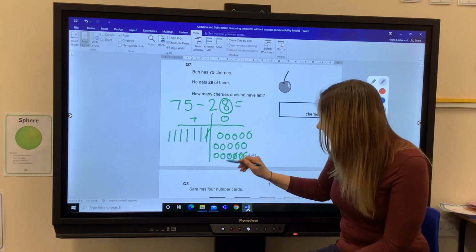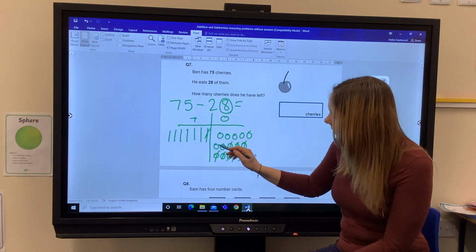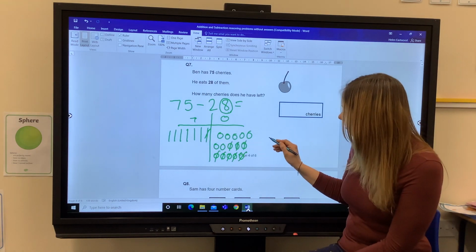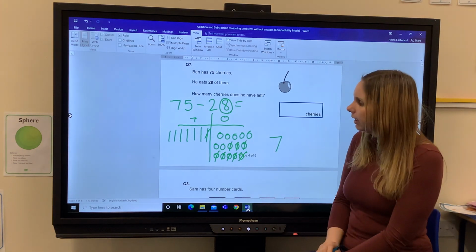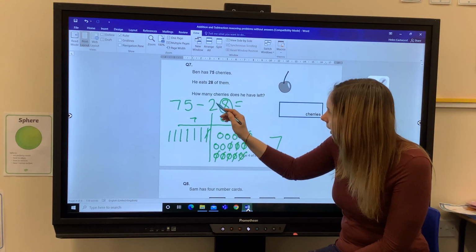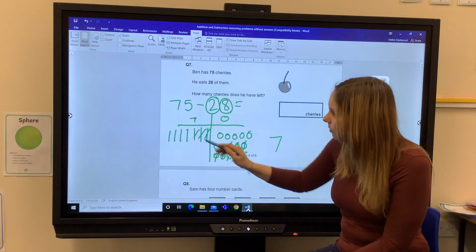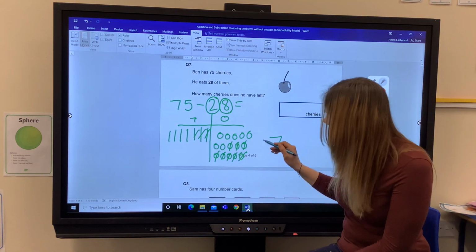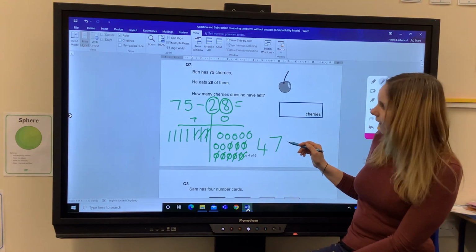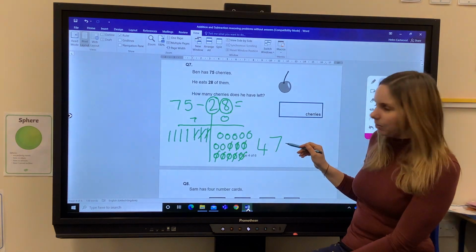So I know I've got 5 along the bottom line. 6, 7, 8. Leaves me with 1, 2, 3, 4, 5, 6, 7. Okay. Then I'm going to go back and I need to subtract my 2 10s. 1, 2, leaves me with 1, 2, 3, 4 10s. Okay, 47 is my answer, and I could check that by adding 8 to my 7, which would give me